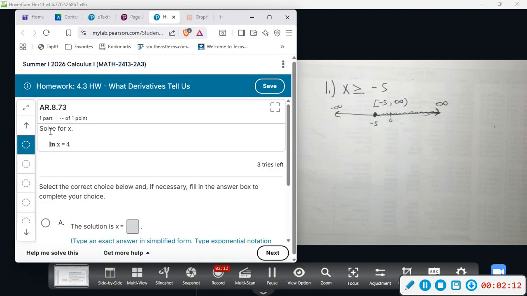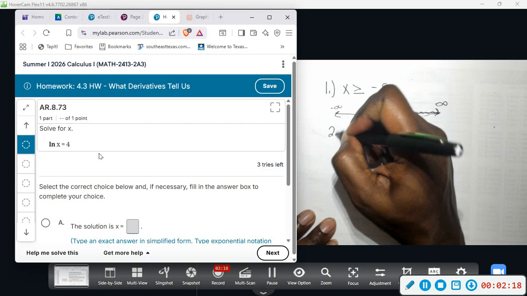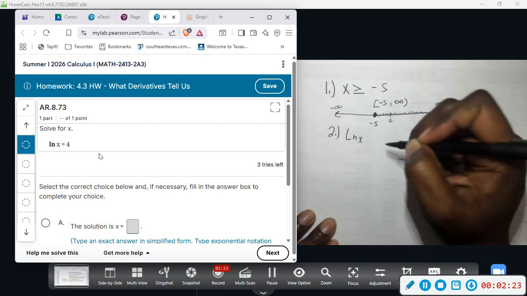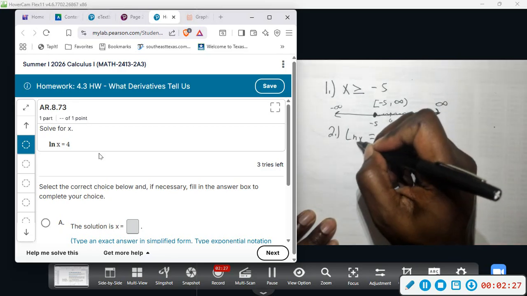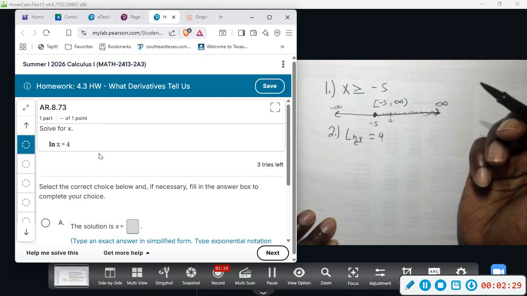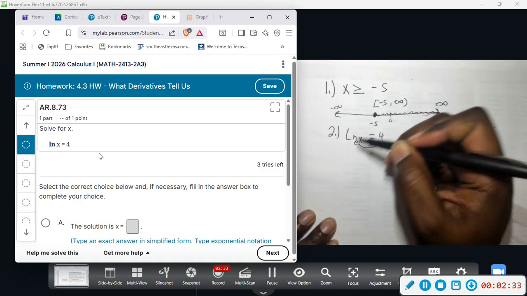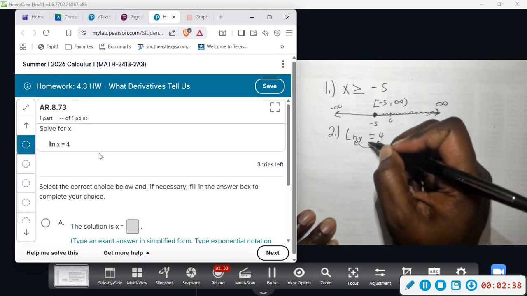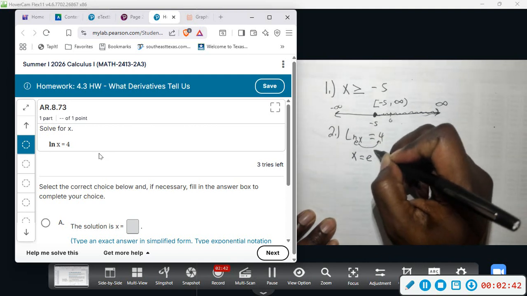All right, question number 2, we want to solve for x. Okay, another review problem, so just freshen up on the algebra skills. So we have ln of x equals 4. All right, so ln has a base of e. We can rewrite this in exponential form. Just take that base and move it over, or you can think about raising each side to the power of e. This allows us to write this in exponential form, so we'll get x is equal e to the 4th,